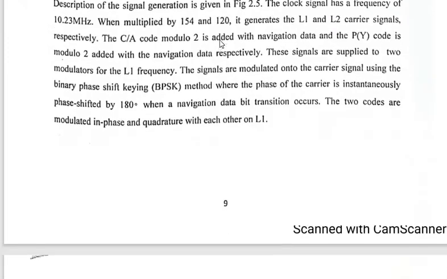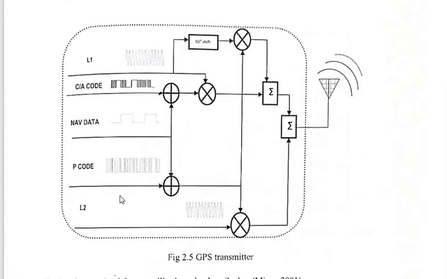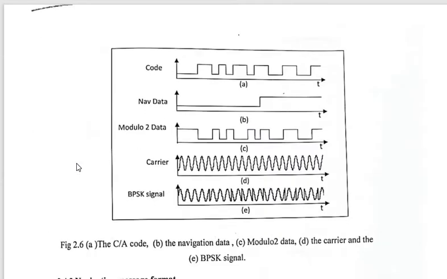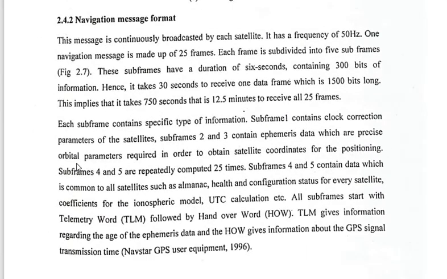We have also seen the generation of the signal structure, how the P codes and C/A codes are added. This is the navigation data. These two are the L1 and L2 carrier frequencies. These two are the PRN codes, or pseudo random codes, which are the C/A and the precision codes. Now in today's class, we are going to see our next topic, that is the message format